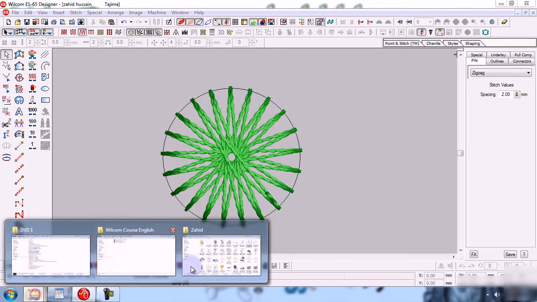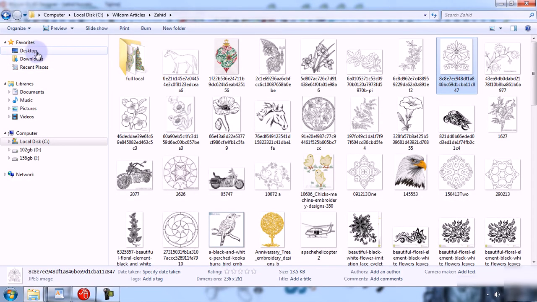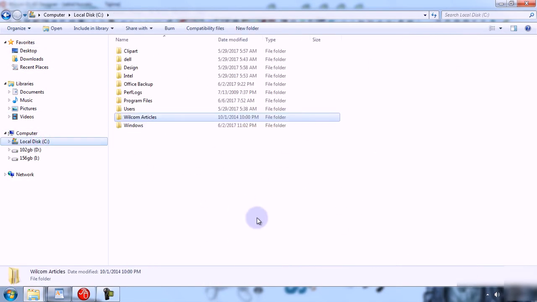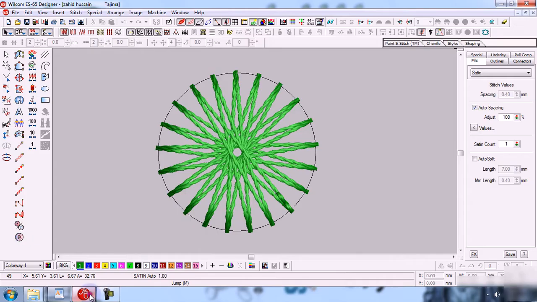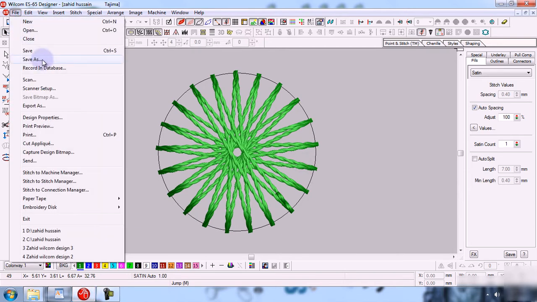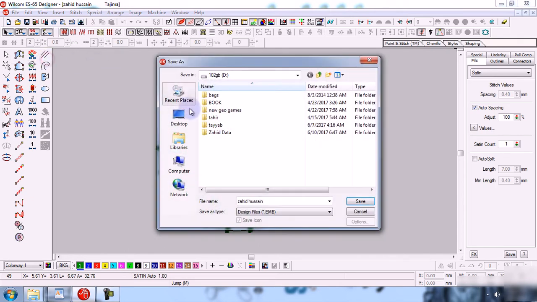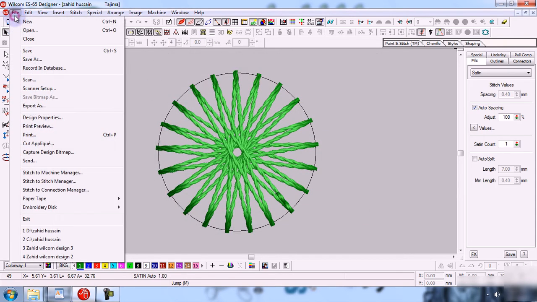So now we can see local drive C. The design has been saved in local C drive, but it is not showing, so there may be a problem.